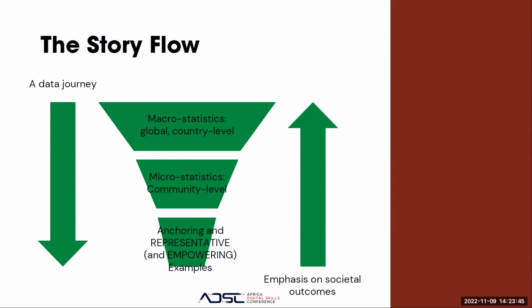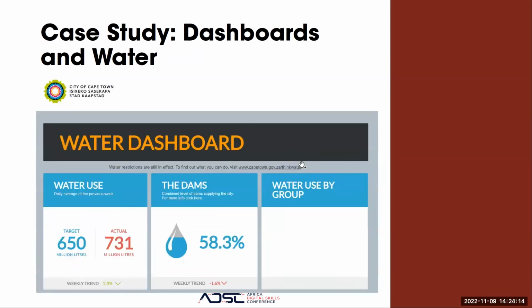and key background data on that. And then you want to have opportunities to delve deeper in the data throughout your visualization, starting big or macro or global or countrywide statistics, depending on the thing that you're researching, going down to more local or fine-grained data, all the way down to really fine-grained data on a certain subject. So you want to make sure your data visualization or data dashboard has that flow from the big picture to the smaller picture, right? And I want to show just one example of this,